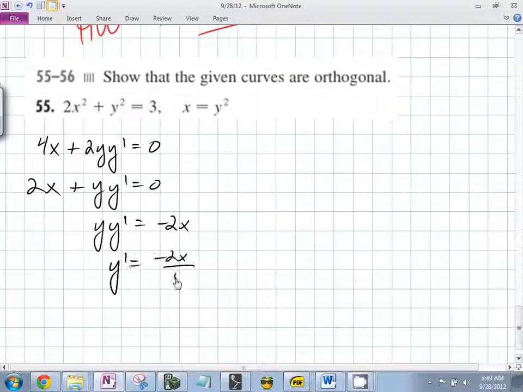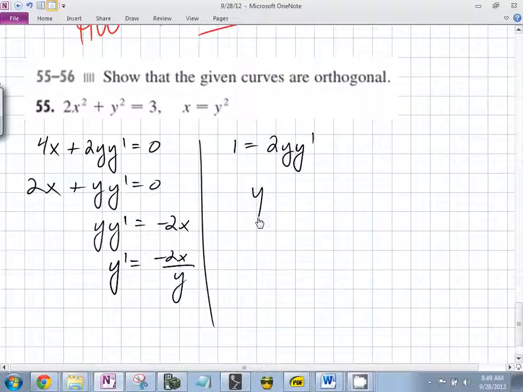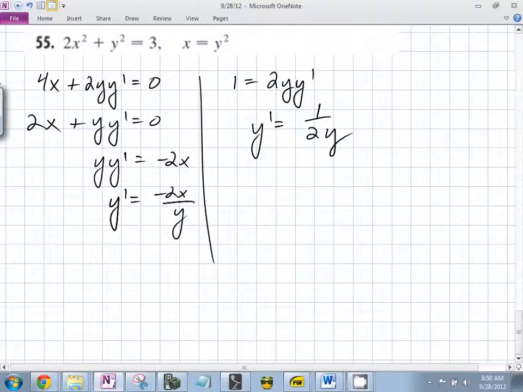What's the derivative of x? Equals. So what does y prime equal? 1 over 2y. So we have two different derivatives. Two lines are perpendicular if what is true? They have opposite reciprocals. What's another way to say two numbers are opposite reciprocals of one another? Okay, so these curves, I'm sorry, I'll be more specific with my question. These curves